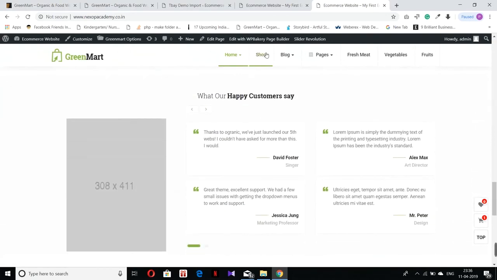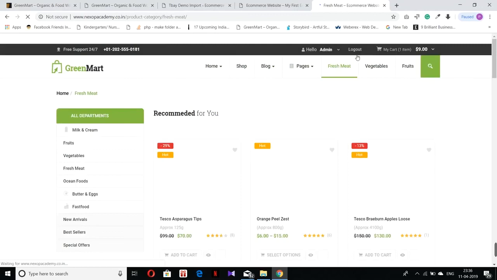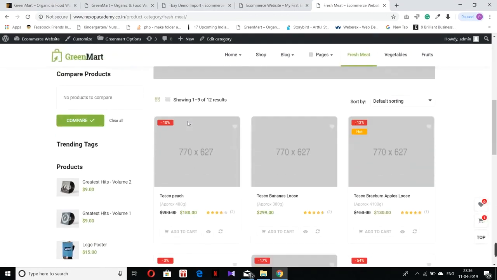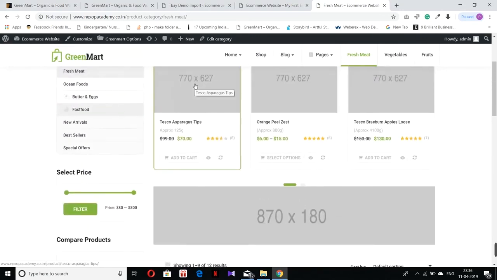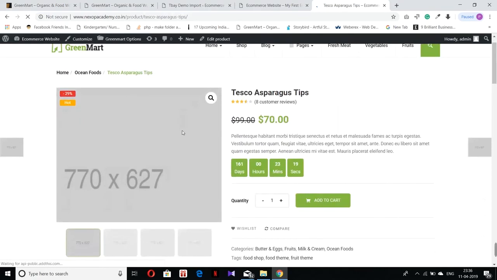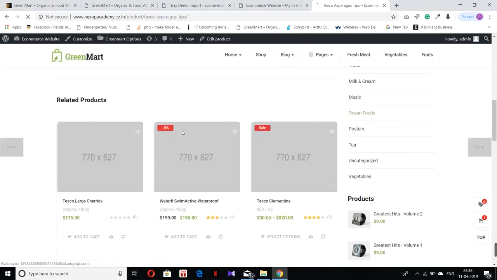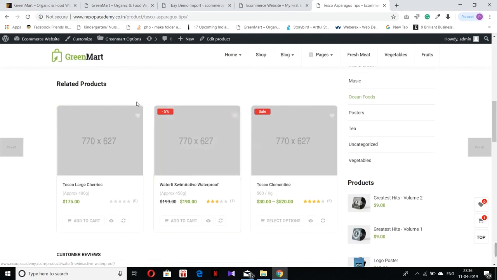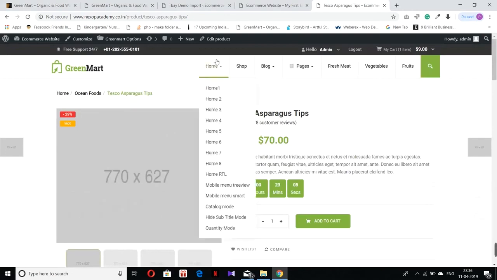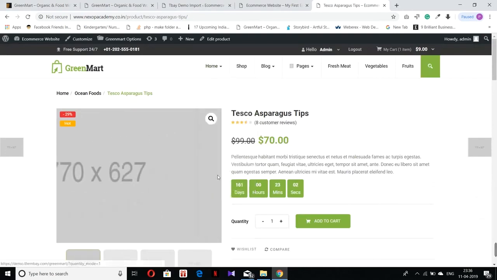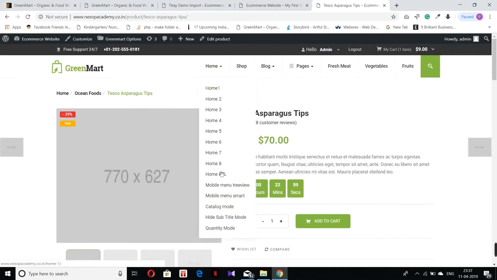Also you can see that there is a shop section and different pages. This is category, this is blog. If you click on this placement section, you can see there are different products, and if I click on this product, you can see the product page. This is the related product section, which has come using the plugin. So basically our WordPress theme is set up, and also there are multiple homepage options. You can select any one of these.